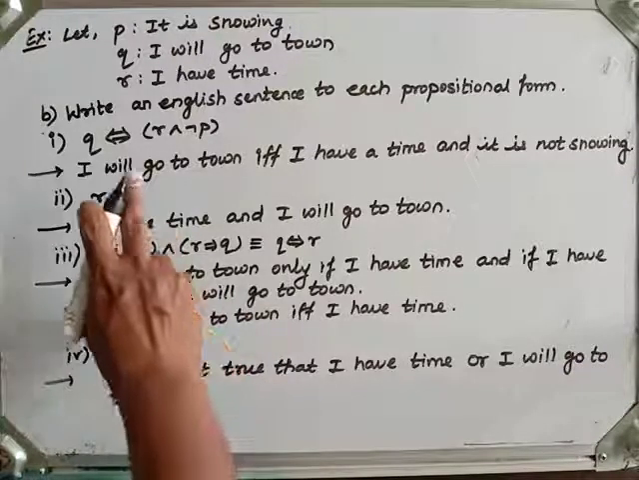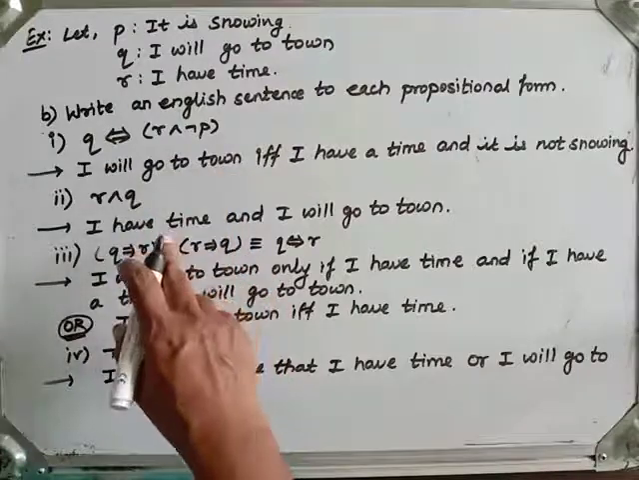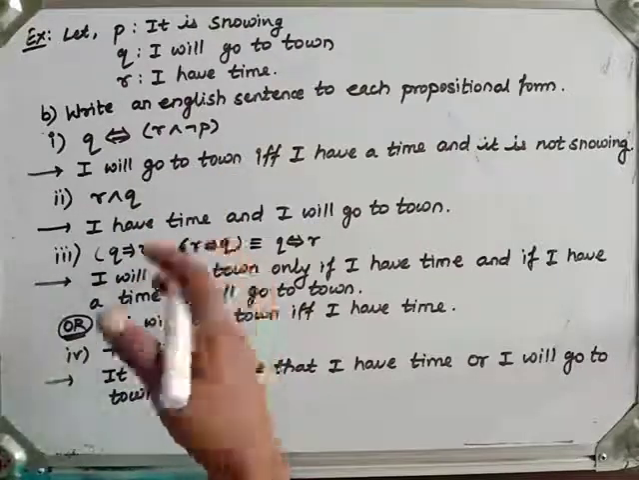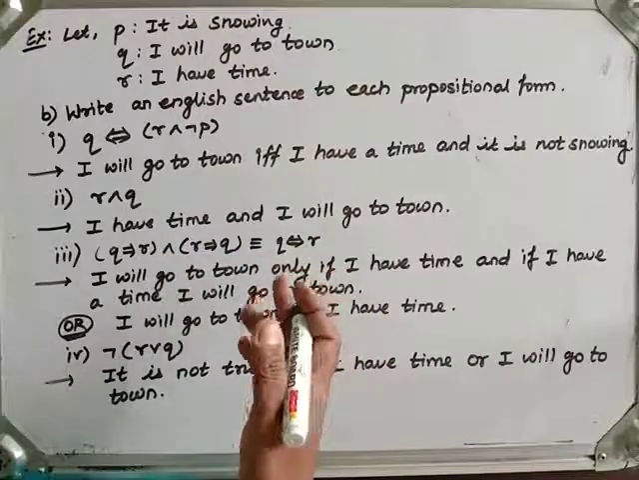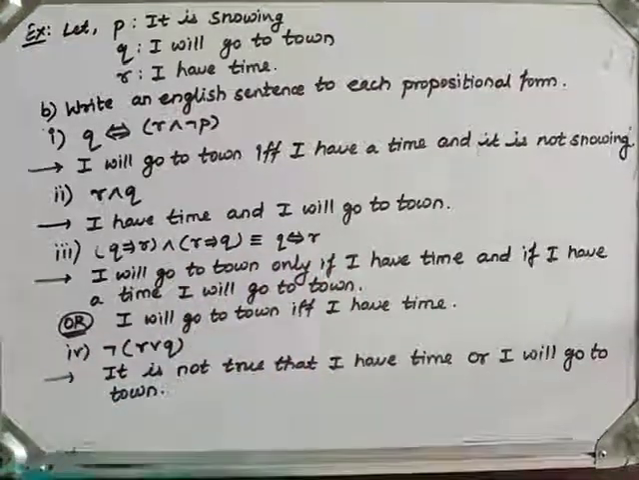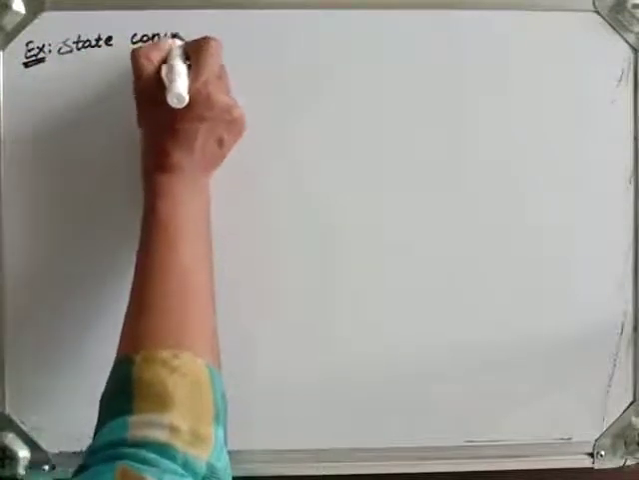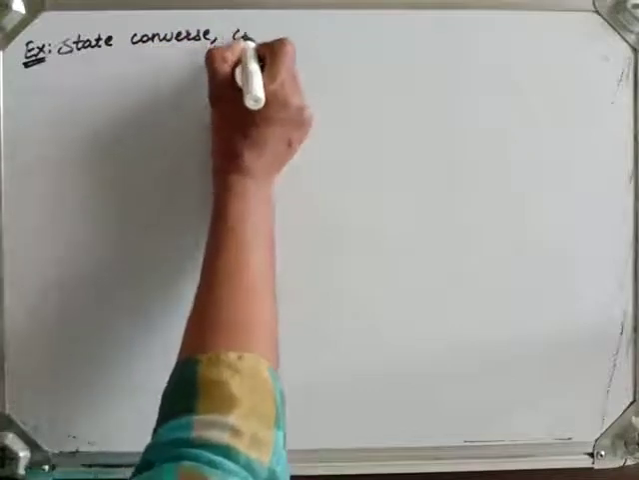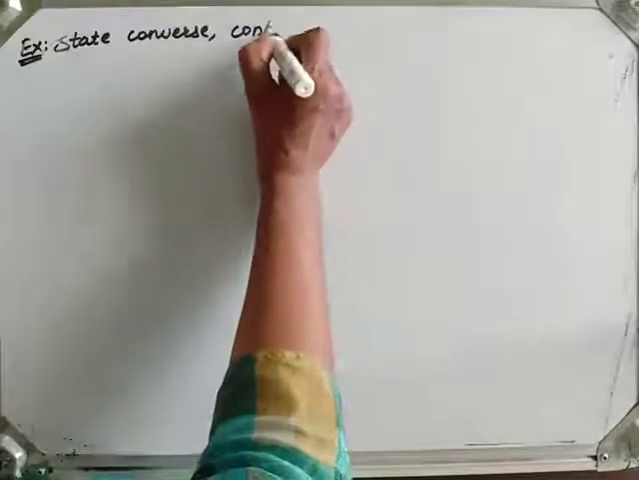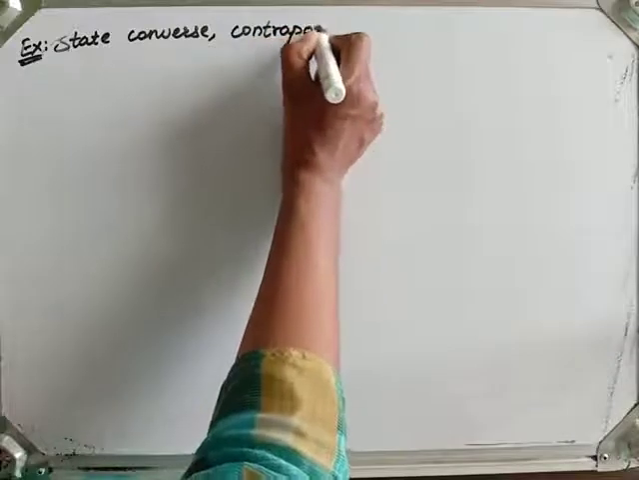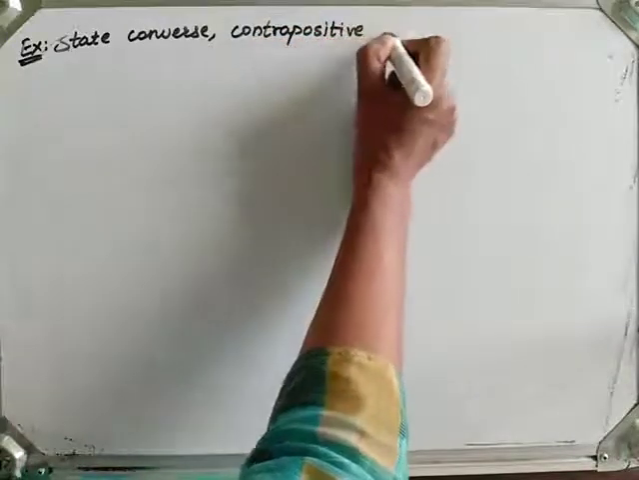So as such, the given logical connectives also can be converted into English sentence, and English sentence also can be converted into logical connectives. Okay. Now again, let me take one example on state the converse, contrapositive and inverse of given statement. So the question is that state converse, contrapositive and inverse